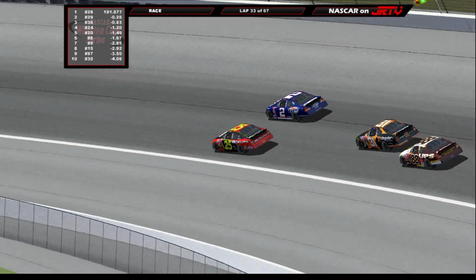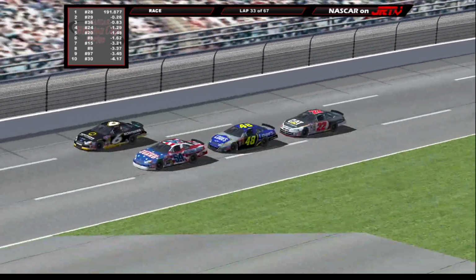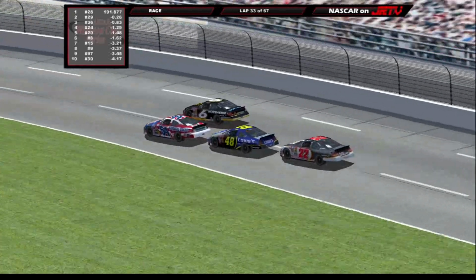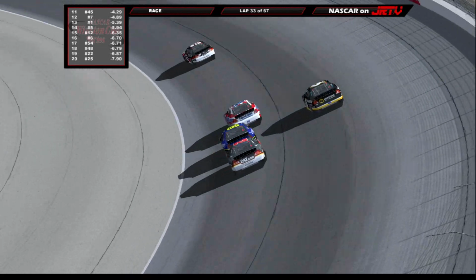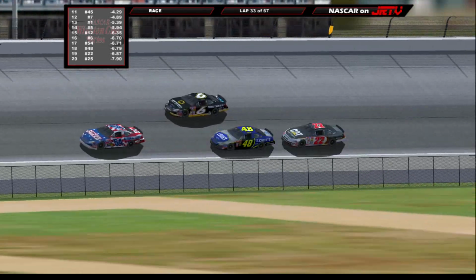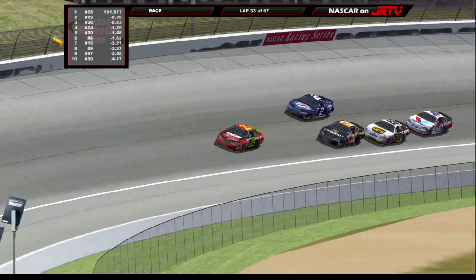Brett Sears trying to get his way back through the field. You have Evans back here. You have Luke Rennie, Tim Gary, a lot of very big-name drivers, a lot of very aggressive drivers back in that mess. And just in front, there's another big mess. Jack Carter's moving nicely through the field in that Bell Carter Racing car. He's up now just outside the top 15, but definitely a lot of big names kind of floundering here today,